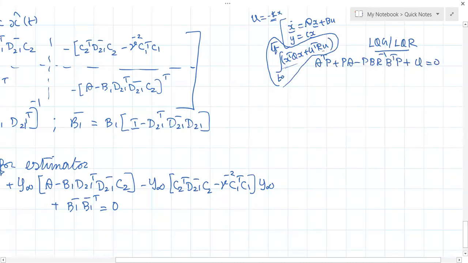Here K will be optimal with respect to this quadratic performance index. Am I clear? This is what the LQR or LQG problem is. LQG means that in addition to AX plus BU, you will have some noise. For the time being, forget about LQG and just take LQR: a linear plant satisfying a quadratic performance index. When this is satisfied, whatever control you get will be optimal with respect to this particular performance index. If the performance index changes, your optimal control U will also change. How will you find the solution of that?